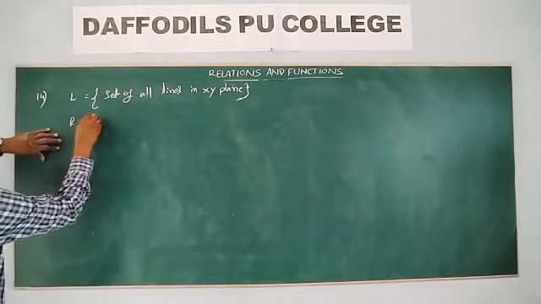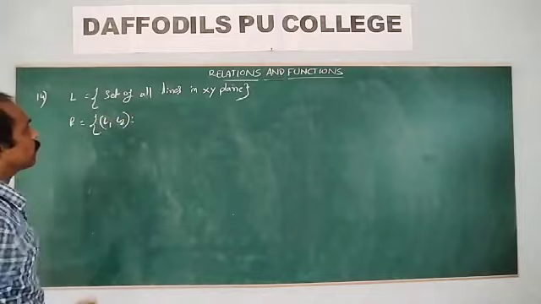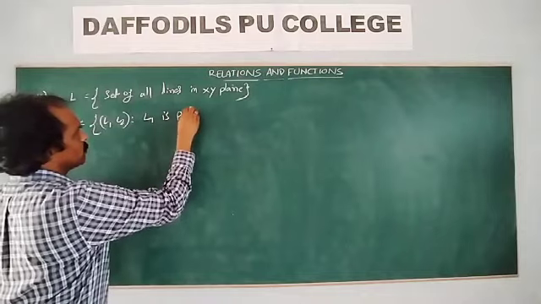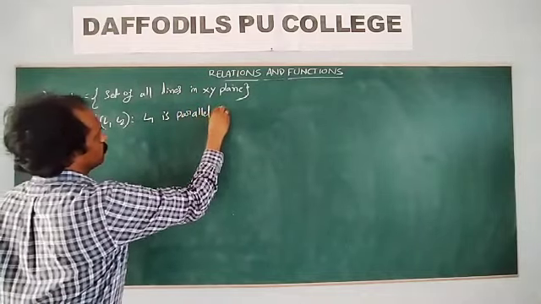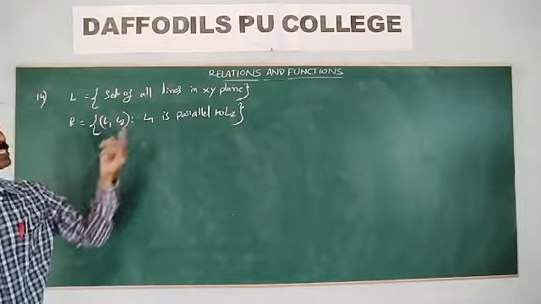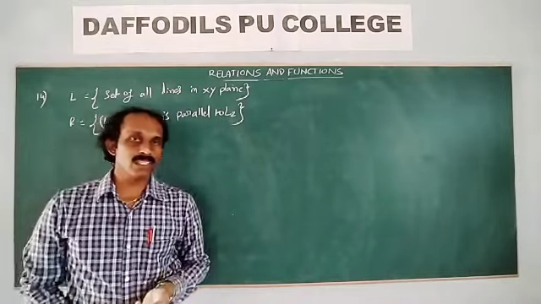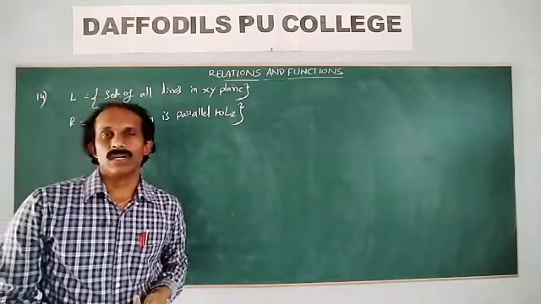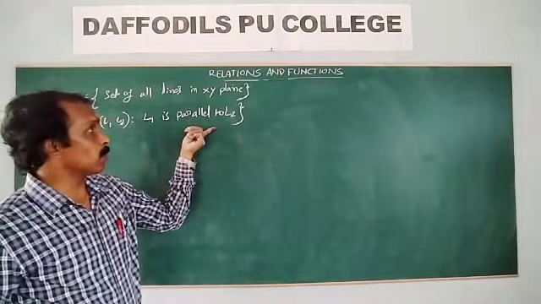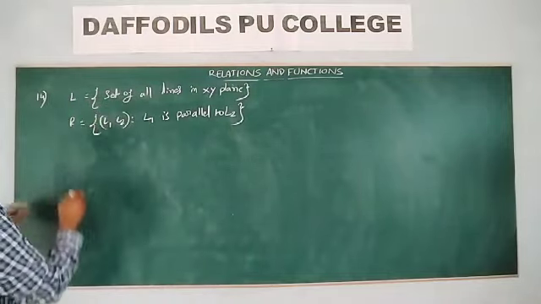What is the R? R is equal to L1 comma L2, such that L1 is parallel to L2. This is the relation. The given relation is this one. Show that it is an equivalence relation. Perpendicular is not equivalence, since in that one, of all the relations, only symmetric is possible. Here they asked in this problem for equivalence. Equivalence means reflexive, symmetric and transitive. Check out reflexive.